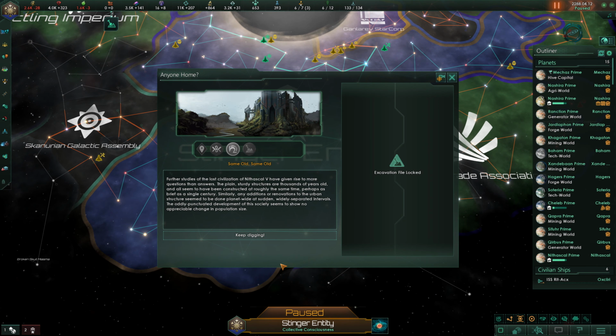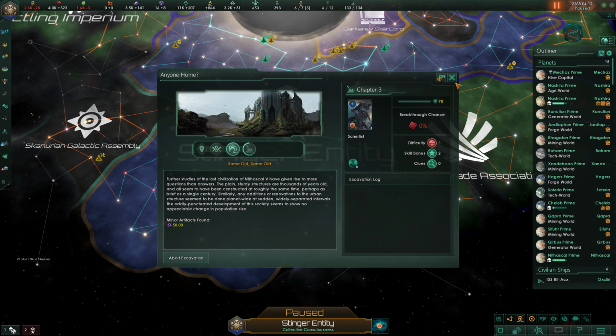Further studies of the lost civilization of Nithoscow 5 have given rise to more questions than answers. The plain, sturdy structures are thousands of years old, and all seem to have been constructed at roughly the same time, perhaps as brief as a single century. Similarly, any additions or renovations to the urban structure seem to be done planet-wide at sudden, widely separated intervals. The oddly punctuated development of this society seems to show no appreciable change in population size,